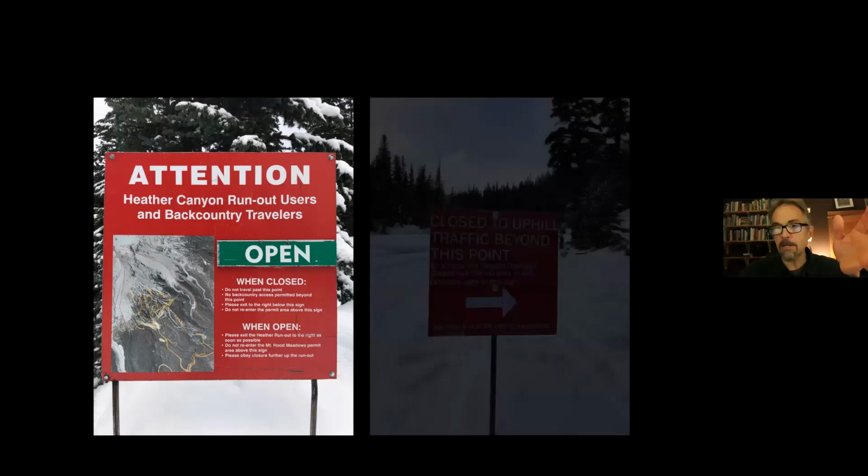So this is important because of the howitzer program at Mount Hood Meadows. Mount Hood Meadows allows you to ski up Heather Canyon about 100 meters. When you get to the sign, it's either going to say open or closed. If it's closed, then you have to exit Heather Canyon right then and there, because that means they're shooting artillery in Heather Canyon. And if it's open, you're only allowed to ski up to the next sign, which is